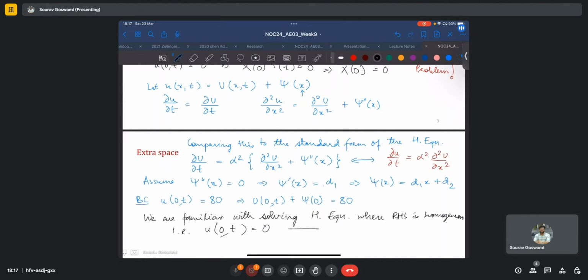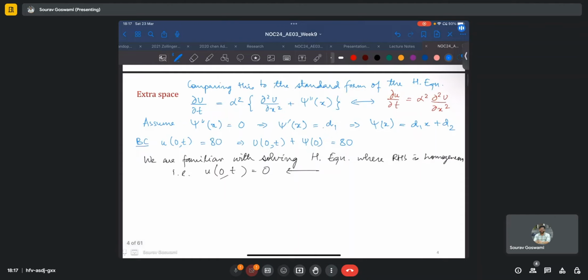So we already know how to solve this. Can we adapt our formulation to such a setup? Yes, we can. So say if we assume,